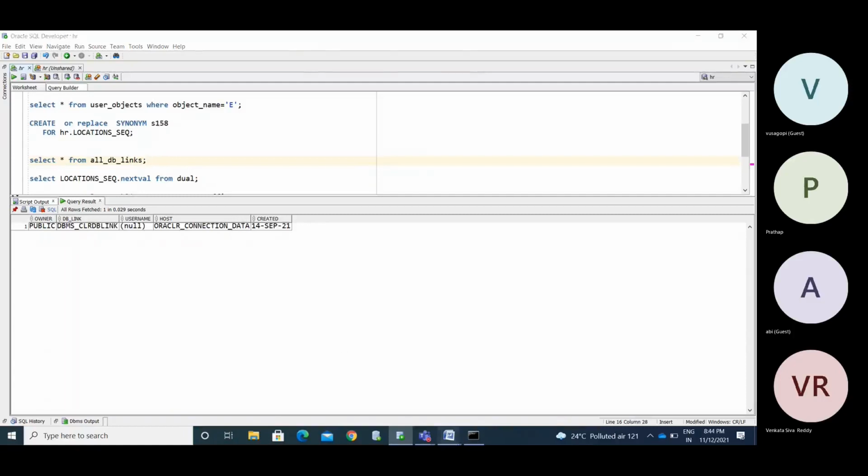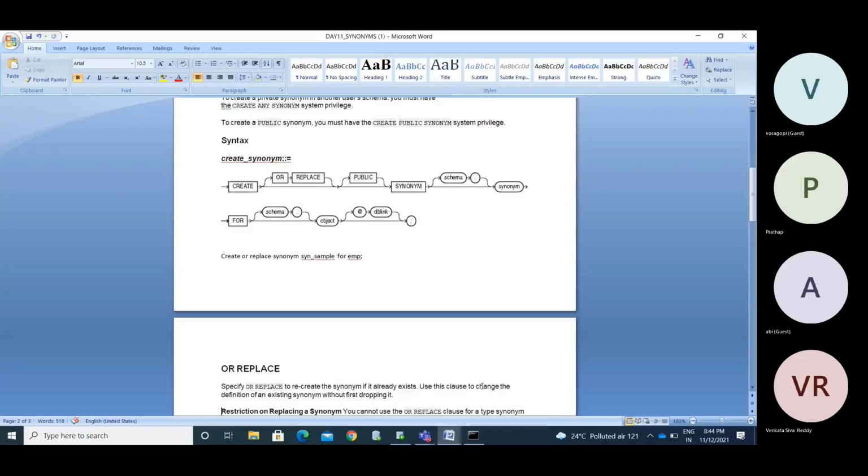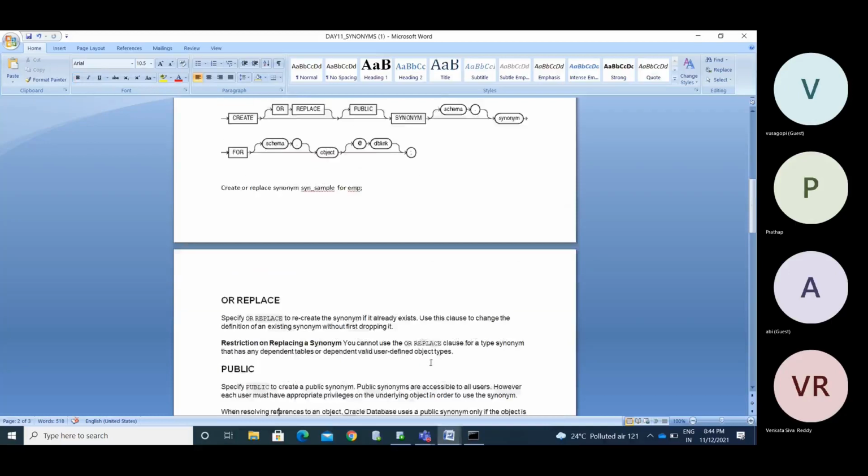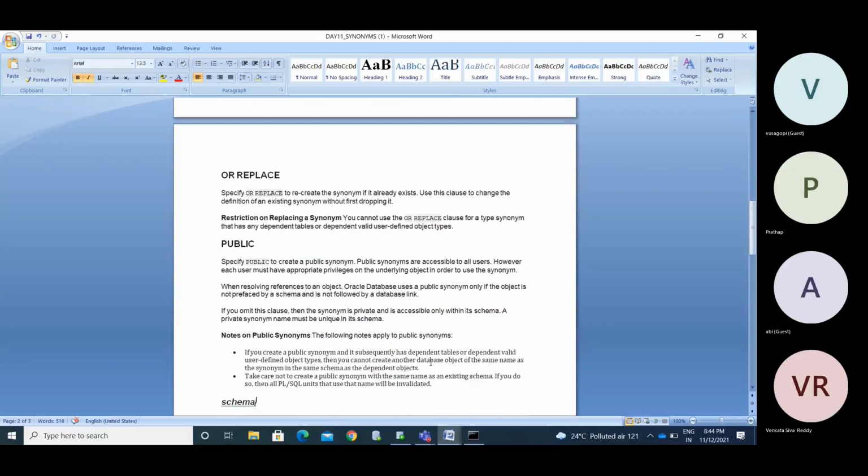Now we'll see what a private synonym is and what a public synonym is. A private synonym means the synonym created by you is accessible only within that particular user. If you want another user to use that synonym, you need to provide grants again.